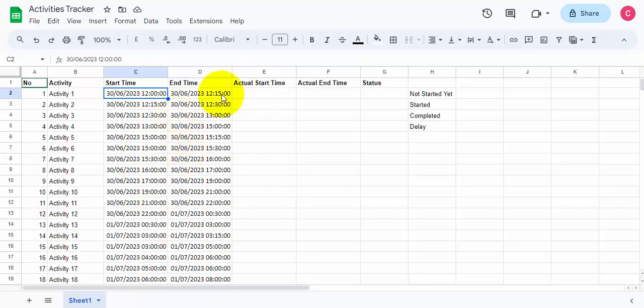and of course I just put under 2023, and then also the time. Okay, so this time is referring to the 24-hour base. That's why you didn't see the AM PM over here. Okay, for the status part, the requirements over here will be not started yet, started, completed, and if there's delay, like for example the actual start time is delayed compared to the expected time. Okay, so expected start time over here is 30th of June, 12